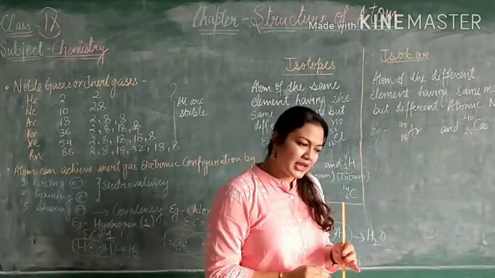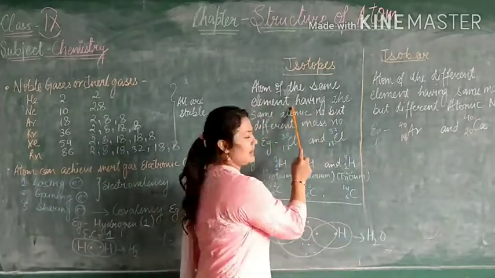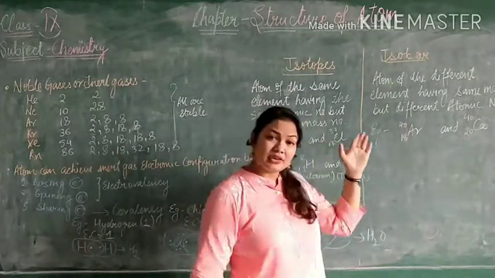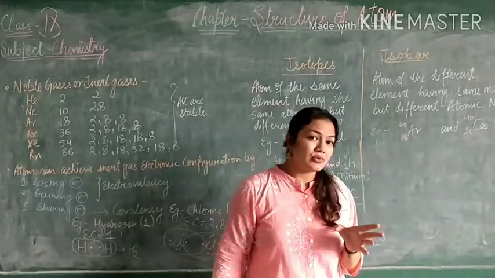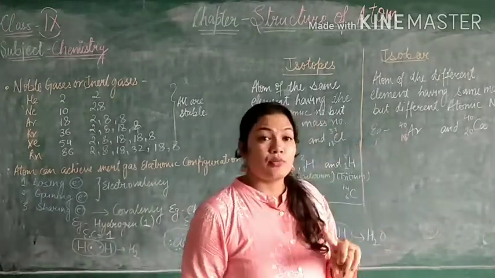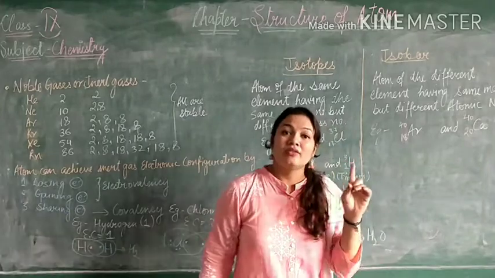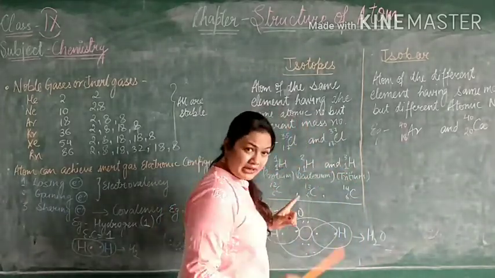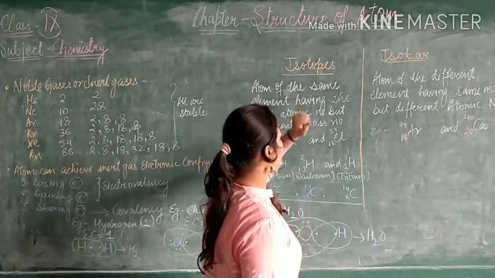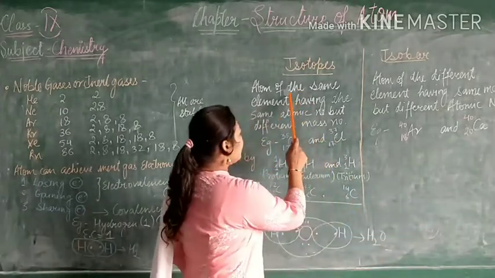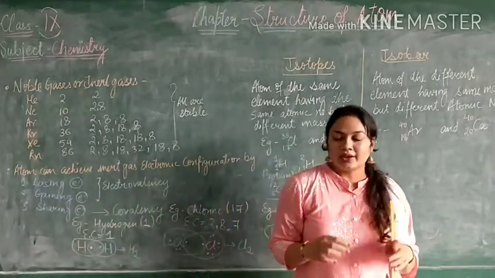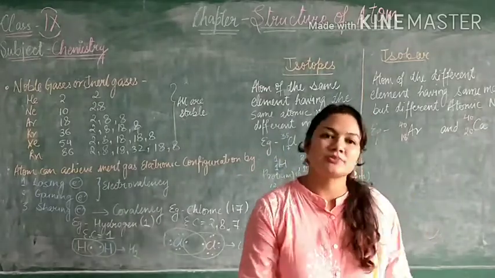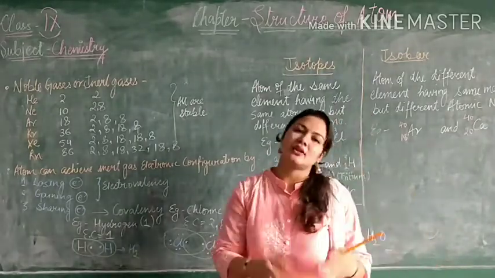See, the first important thing is atoms of the same element. We have already discussed these isotopes and isobars. I took the names in the earlier topics, when we were talking about the drawbacks of Dalton's theory. Dalton said that if the atom is the same, then their properties must be the same: atomic number, mass number, everything will be the same.